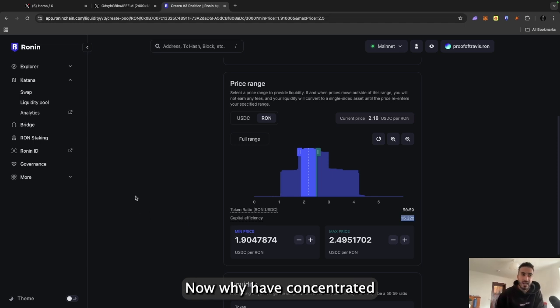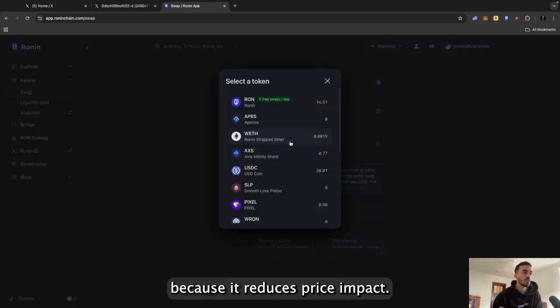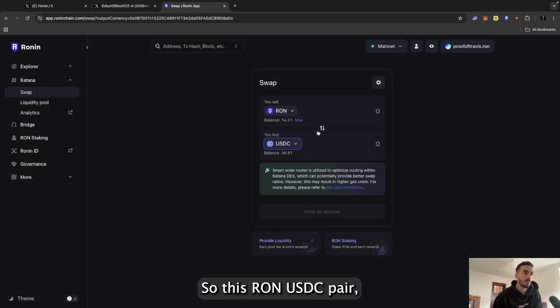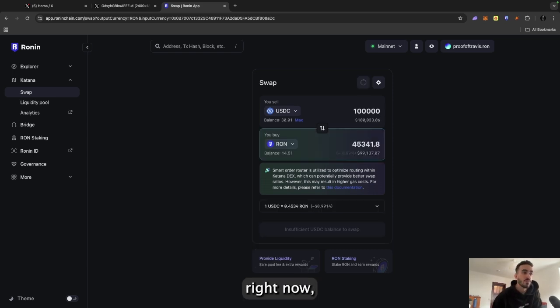Now, why have concentrated liquidity besides just earning extra fees? It actually helps Katana DEX immensely. And why that is, because it reduces price impact. So this RON USDC pair, it's a pretty big pair. If I wanted to buy $100,000 worth of RON right now, I would have a very little price impact, less